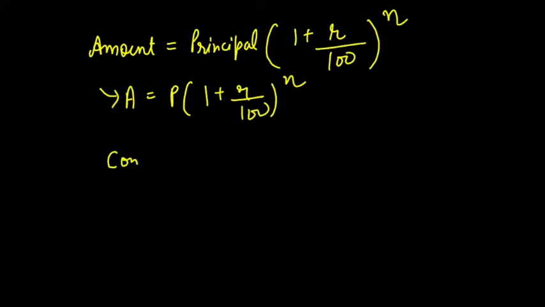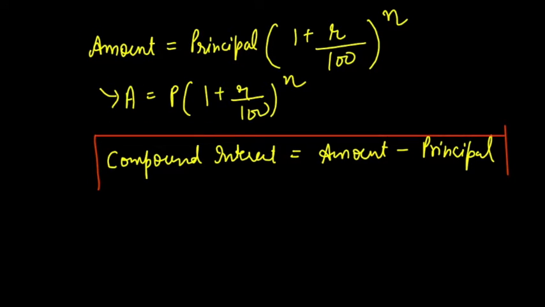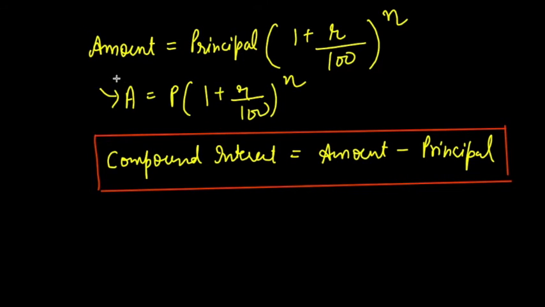And how much is the compound interest? How can you calculate the compound interest? It will be amount minus principal. So these are two important formulas which we are going to use in this exercise, because we have derived one formula. Instead of doing it year by year, we will directly calculate using this amount formula, which is another important formula to solve the questions in this exercise. Okay. Now there are certain cases which are very important for you to understand.